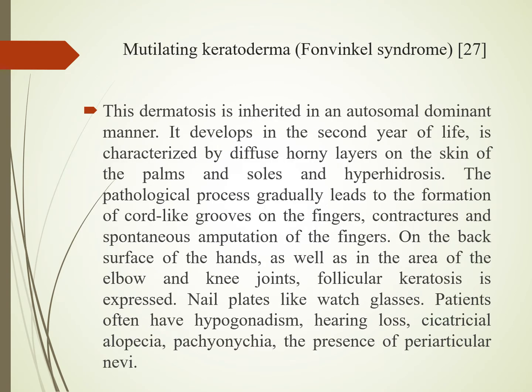Mutilating keratoderma, Fonvinkel syndrome. This dermatosis is inherited in an autosomal dominant manner. It develops in the second year of life. It's characterized by diffuse honey layers on the skin of the palms and soles and hyperhidrosis. The pathological process gradually leads to the formation of cord-like grooves on the fingers, contracture, and spontaneous amputation of the fingers. On the back surface of the hand, as well as in the area of the elbow and knee joint,